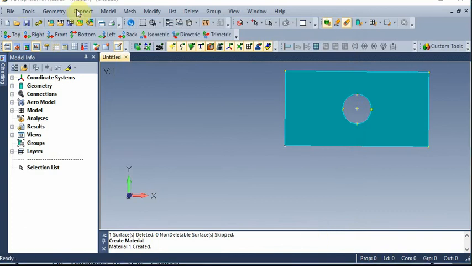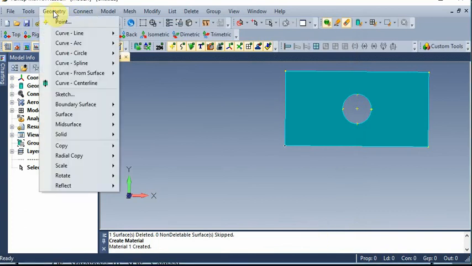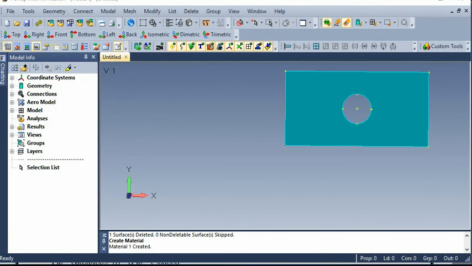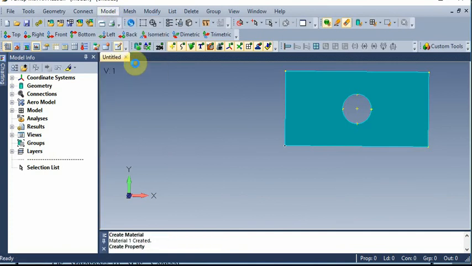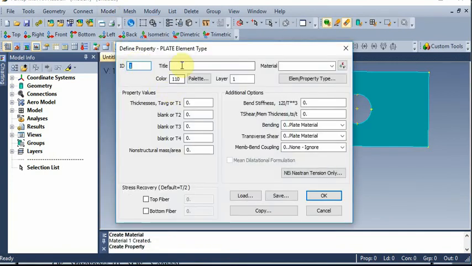Next step is again go to model, properties. So it is ID 1, title you can give as plate. Here we can select the material which we have already created.